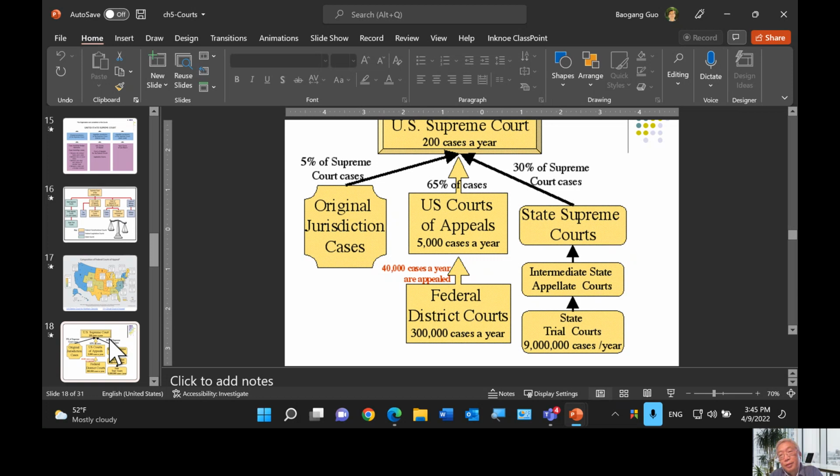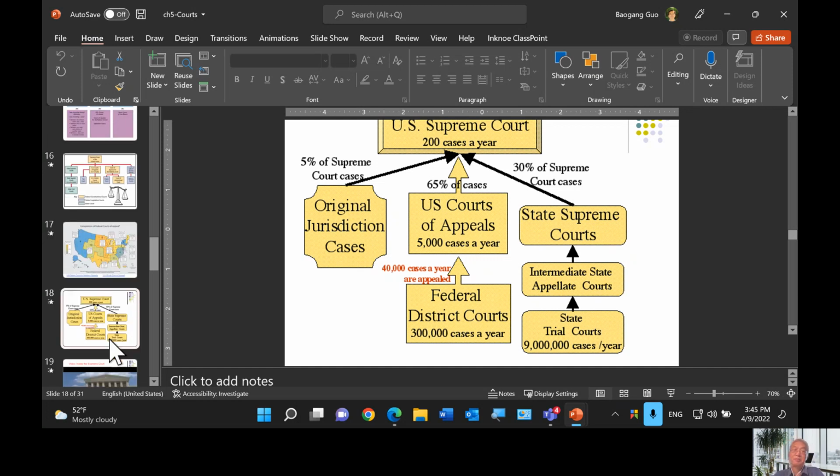Over 95% of the cases will be rejected by the Supreme Court. Currently, the Supreme Court hears about 70 or 80 cases a year. So they don't handle that many cases.